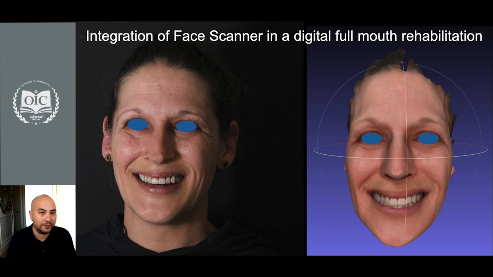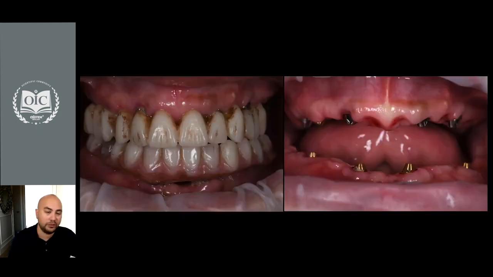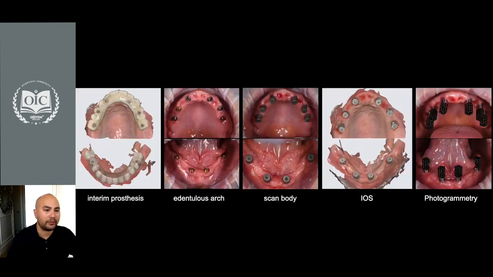Next, another case, the integration again of a face scanner in a full mouth rehabilitation. So the patient with interim prostheses, which were done conventionally. The interim prostheses are scanned. Next, we scan the dentulous arches and then the scan body, and then we merge the intraoral scanning data with